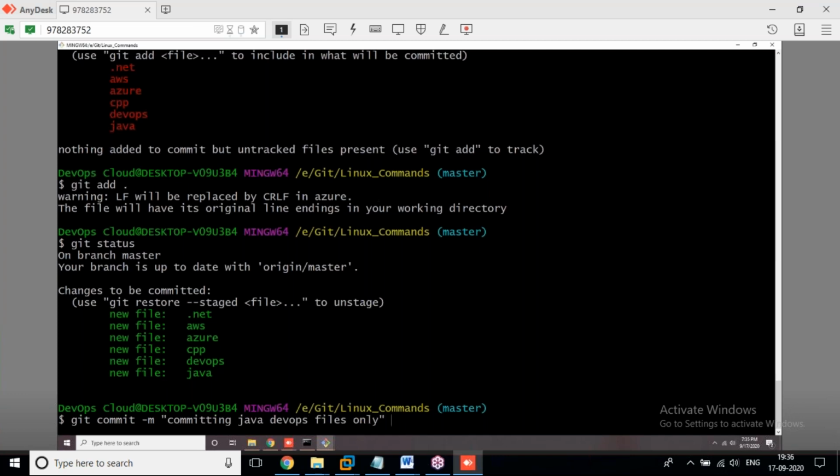You need to specify the message, and it takes that message. Then you need to specify which files, DevOps and Java. We are going to commit specific files out of the files.